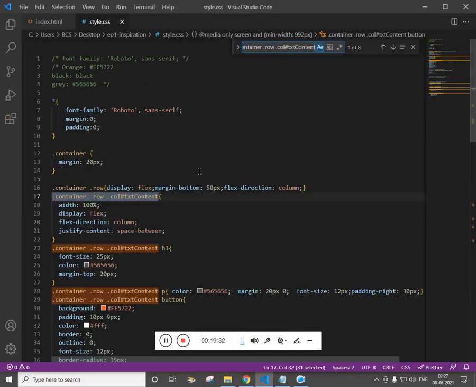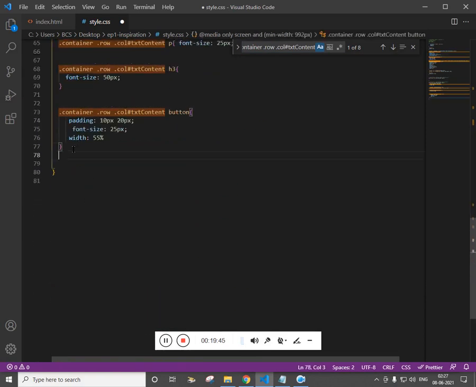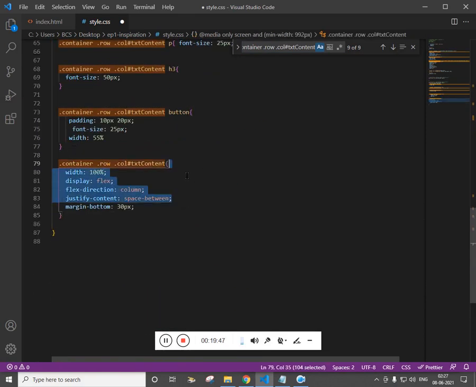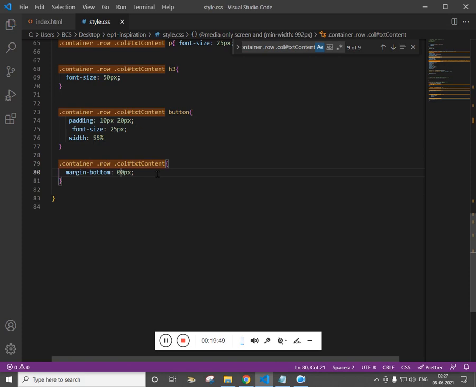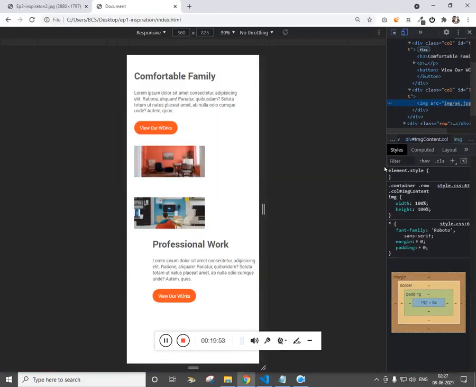Let me copy this. We need a margin bottom of 20 pixel or 30 pixel, but for desktop we don't need a margin bottom, so let me make this 0.